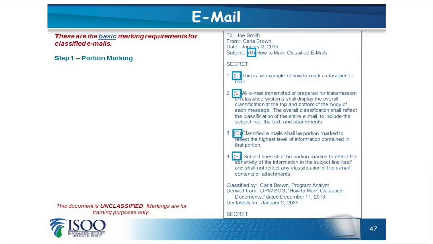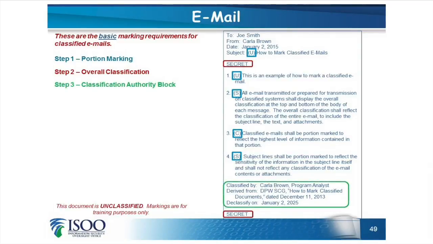Remember, the same rules apply: portion markings, overall classification, and classification authority block. This example shows your basic email and the appropriate portion marking. Here we have added the overall classification based on the portion markings. Just like with any other document, the overall classification goes at the top and bottom of the email. In this example, we have added the classification authority block. It's the same block used on all other documents and contains the classified by line, the derived from line, and